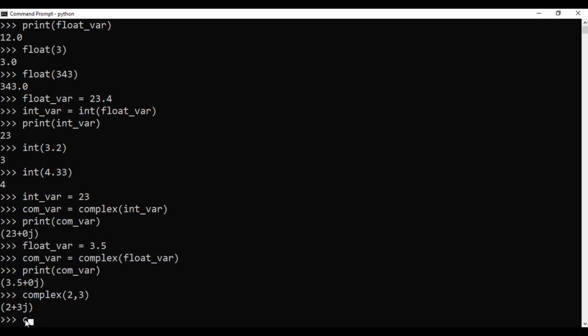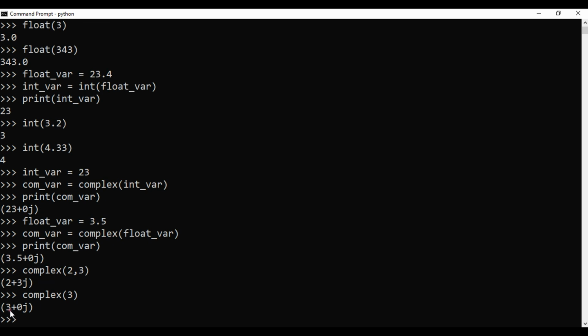And if you pass only a single argument like 3, it will be the real part of that complex number. I hope now you have a clear understanding of how we can convert a float or integer into a complex data type, what happens when you pass a single argument in the complex function, and what happens if you pass two arguments.